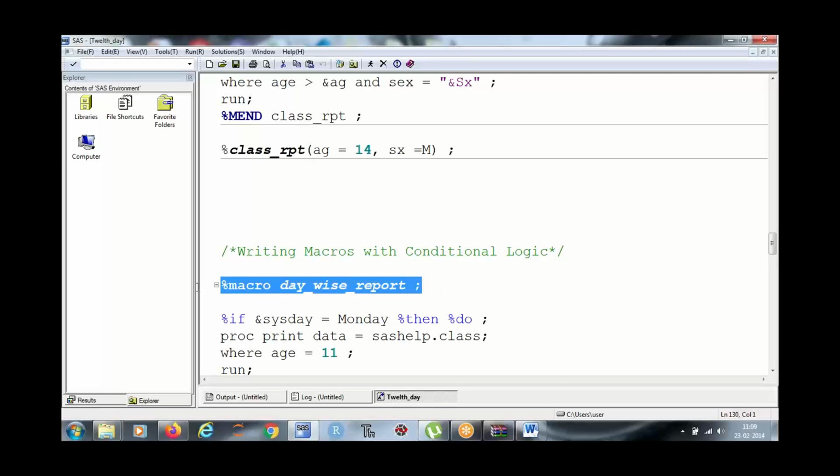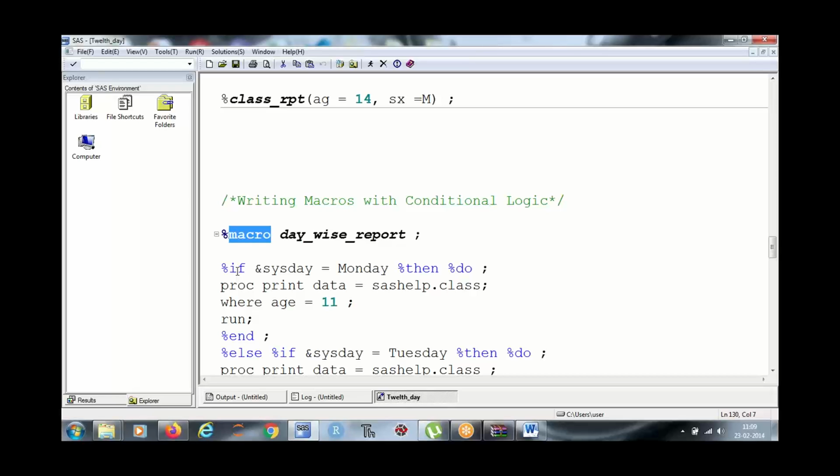We are going to create a macro where we declare the macro name. Then we will start an if statement. A percent symbol is required if we are using any keyword within a macro that is not a part of any procedure. So %if &sysday is equal to Monday, then %do.